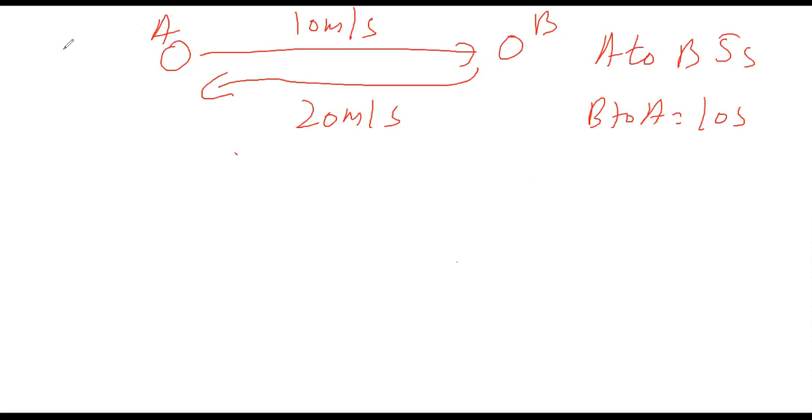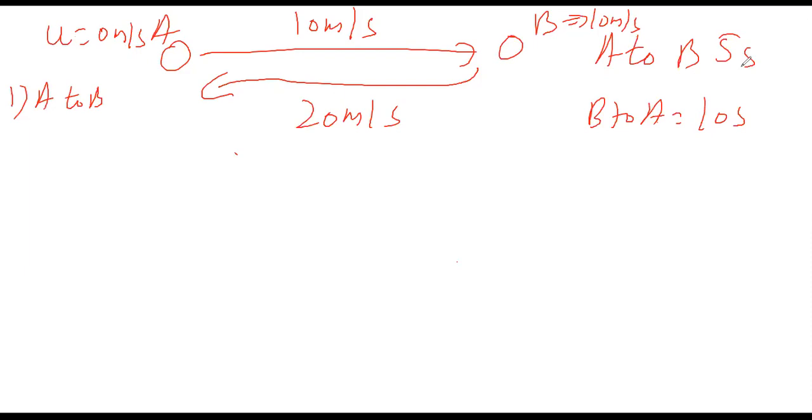At A, what is the velocity? I am solving from the first part, from A to B. The first thing, at A, it will be initial velocity, right? Because we are starting at point A. Where you start, that's initial velocity. So U is initial velocity, and when you start, the car is at rest, so it's 0 meters per second. So speed at A is 0 meters per second, and at B it's 10 meters per second. For the first part, the initial speed is 0 and final speed is 10.